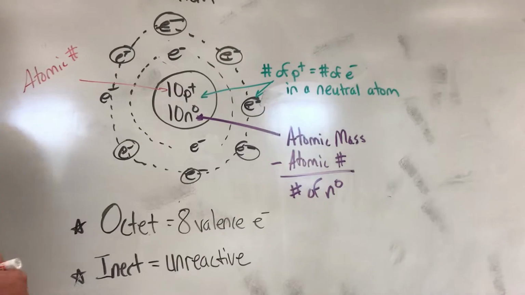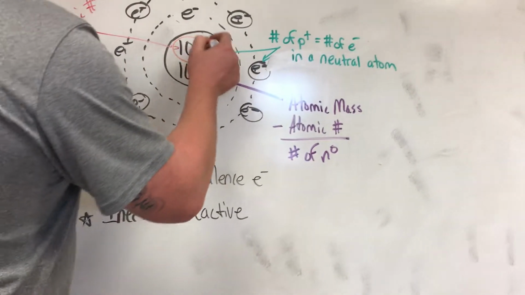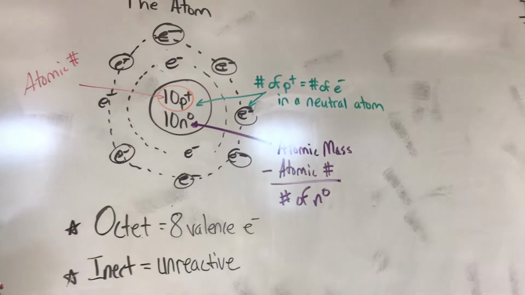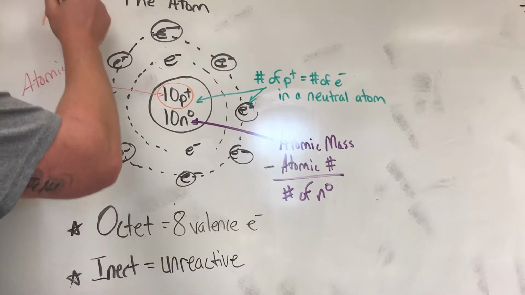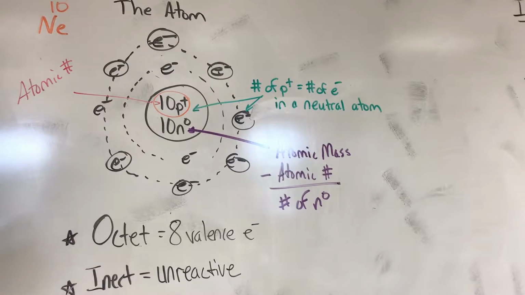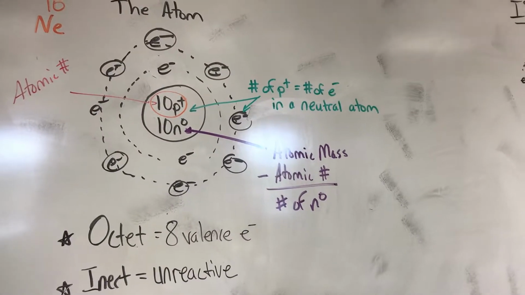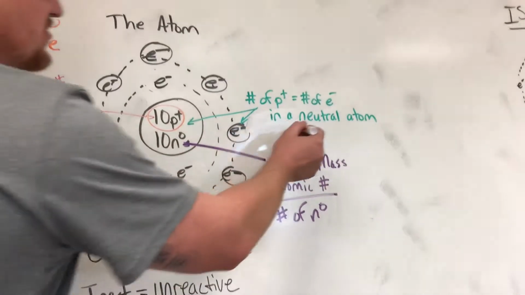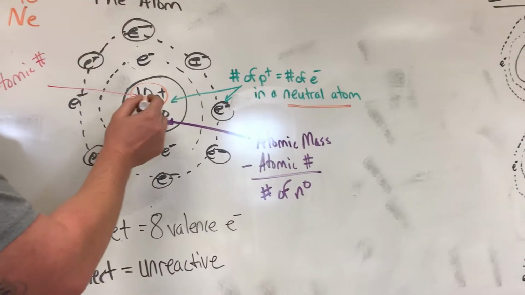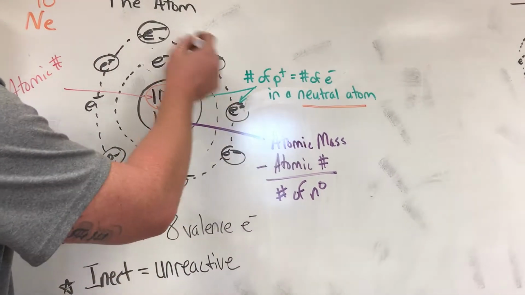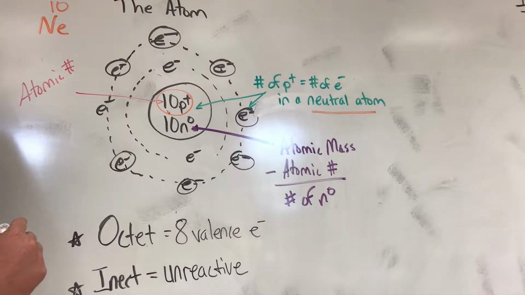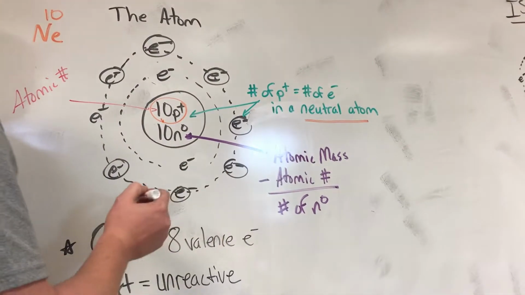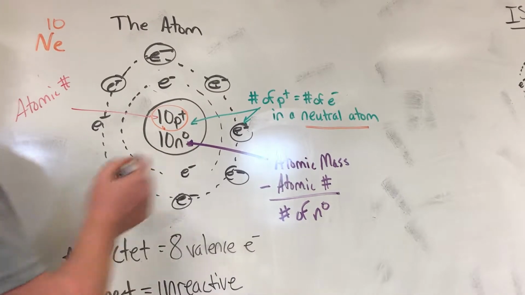This atom has 10 protons. We use protons to identify our atom. We look up at the periodic table and see that neon has an atomic number of 10. So therefore, this atom here is neon. In a neutral atom, the number of protons and the number of electrons are going to be equal. Also, in a neutral atom, you take the atomic mass, subtract the atomic number, and that's how you find your